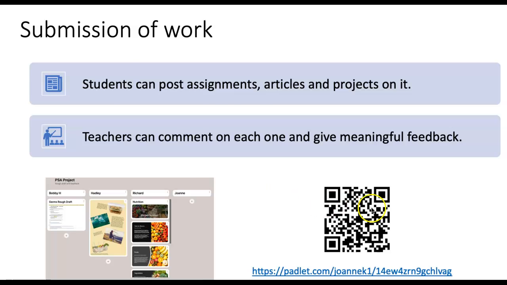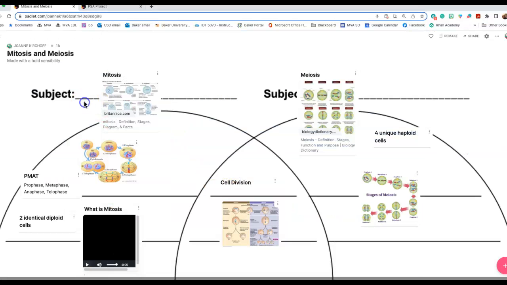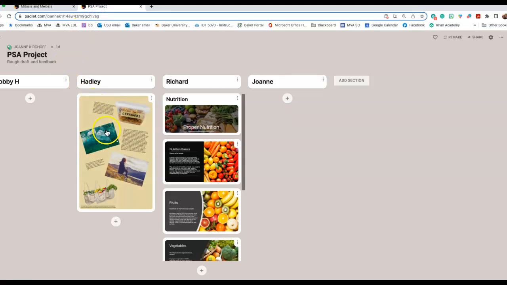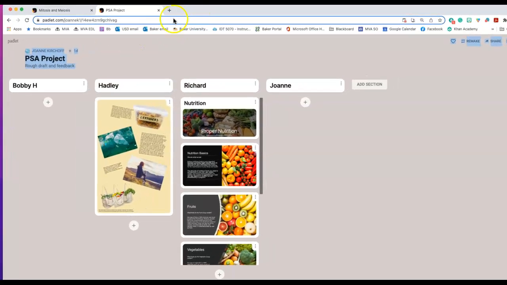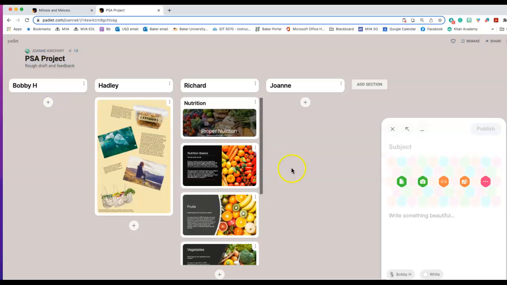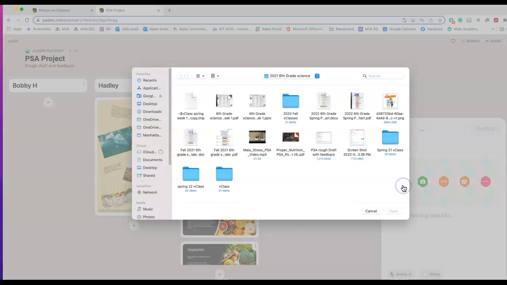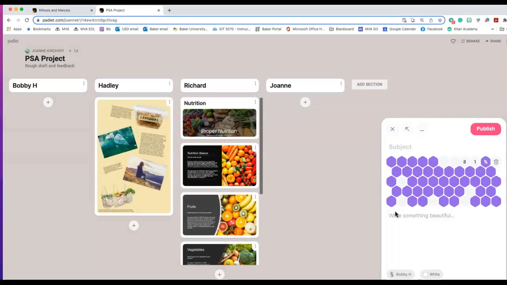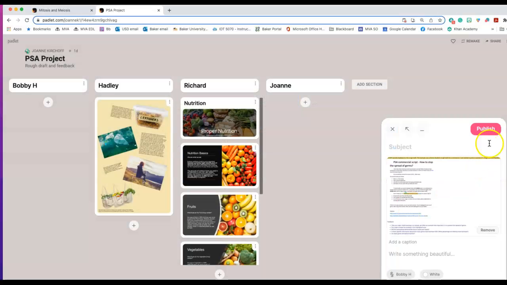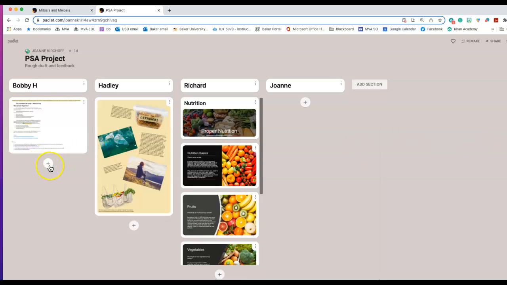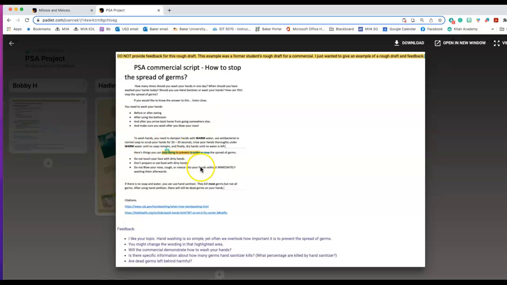So once again, I have a Padlet of mine that I kind of created. So here I have some students. It's a public service announcement project, and I'm gonna get this in here. So if a student wanted to upload their project, they could click on there. There's their project, and they would be able to publish it there. Then if other people wanted to see it, they would be able to